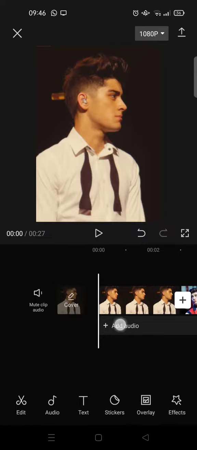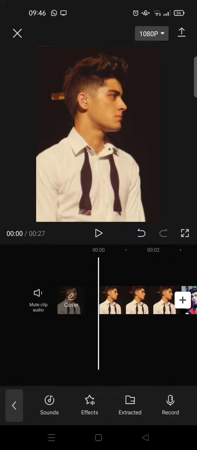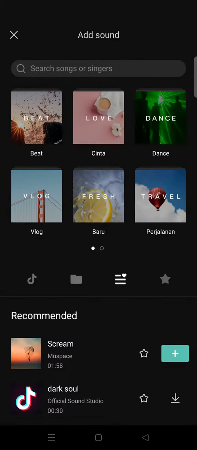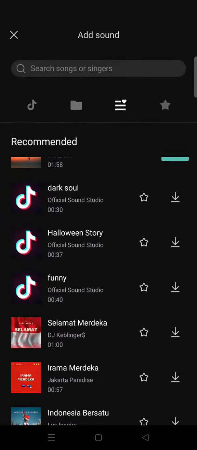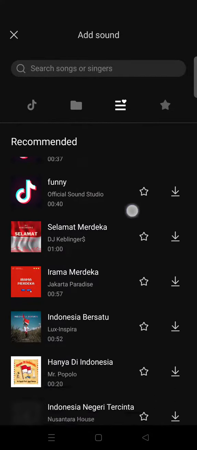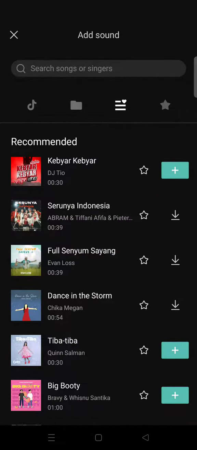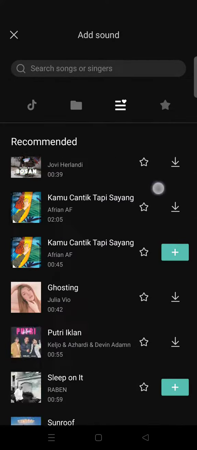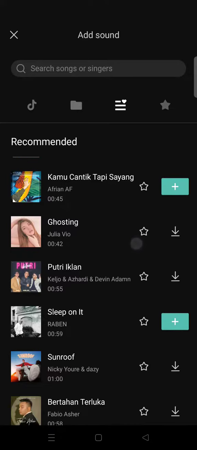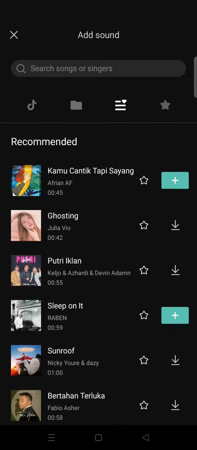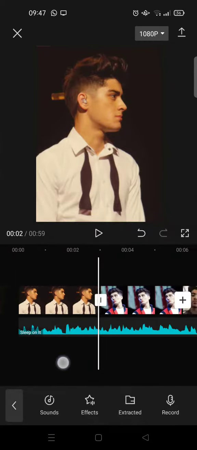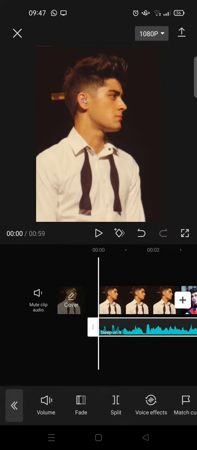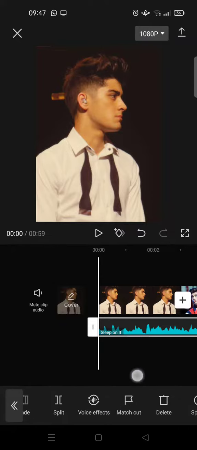So I'm going to just click on add audio, and here I'm going to just use the music that is recommended by CapCut. Okay, I'm going to just add this audio, and then here if you want to mark the beat, just click on the audio, and here find the